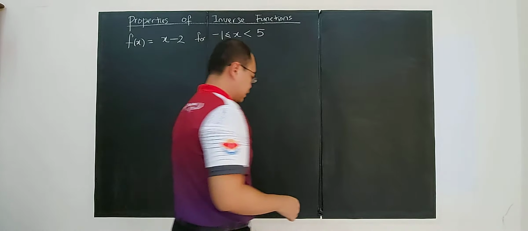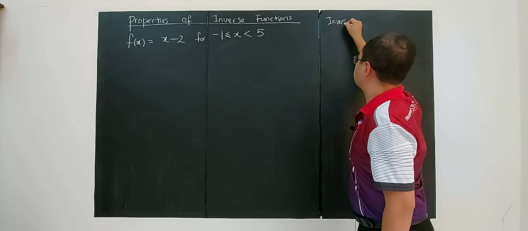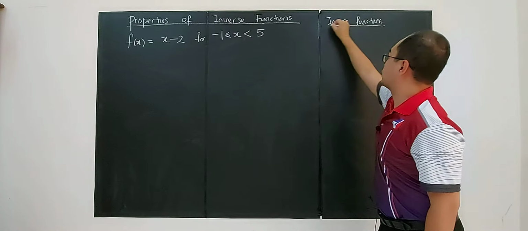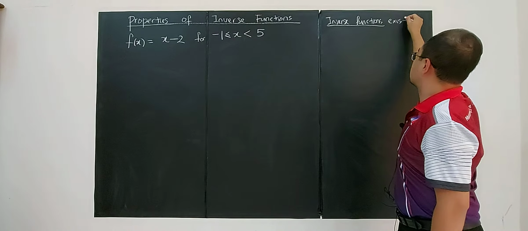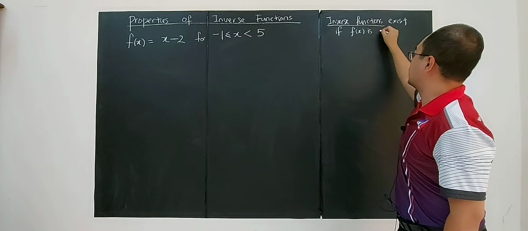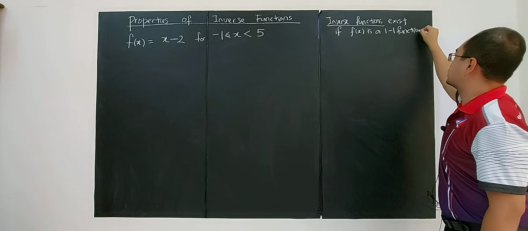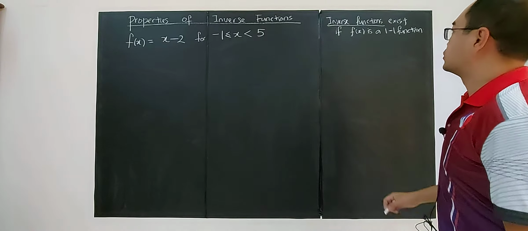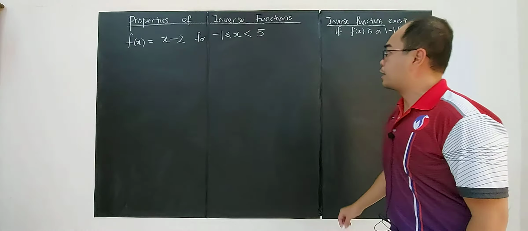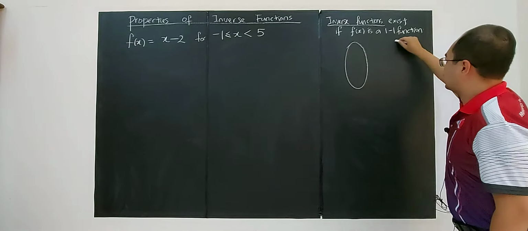The first thing that you must know is that an inverse function exists only if the function itself is a one-to-one function, one-to-one and onto. So if f(x) is a one-to-one function, and you also know that the domain,